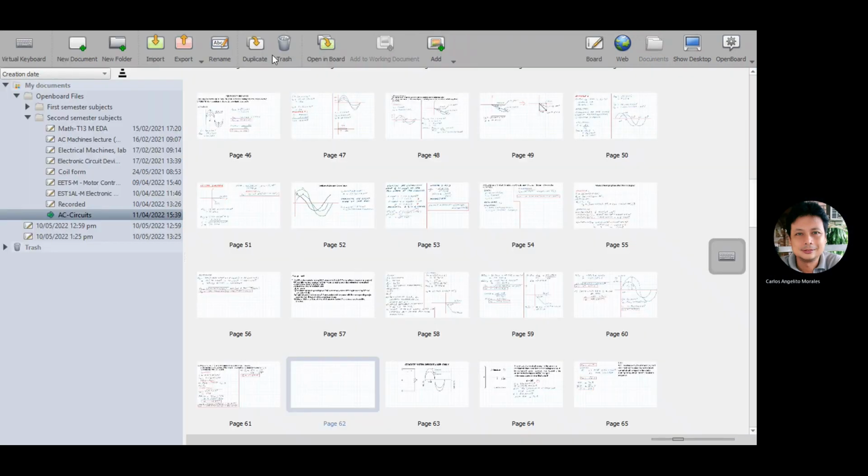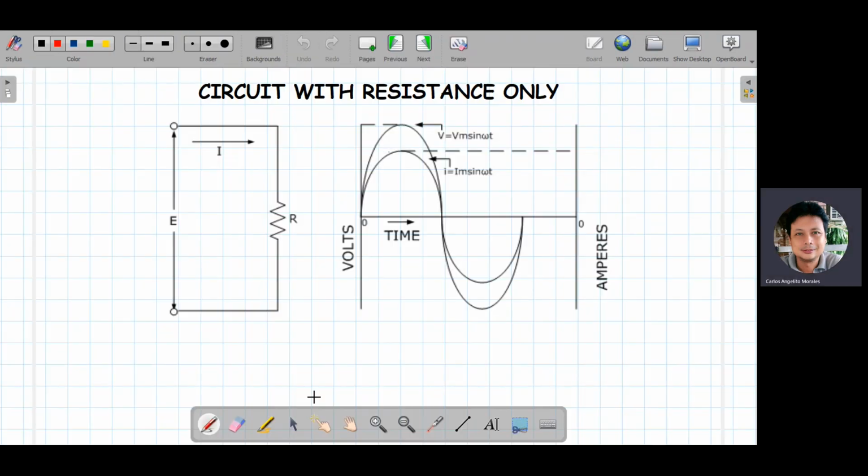Okay. We go now to AC circuit. Circuit with resistance only. So kapag meron kang circuit na resistance lang, halimbawa ito pure resistance sa AC yan,